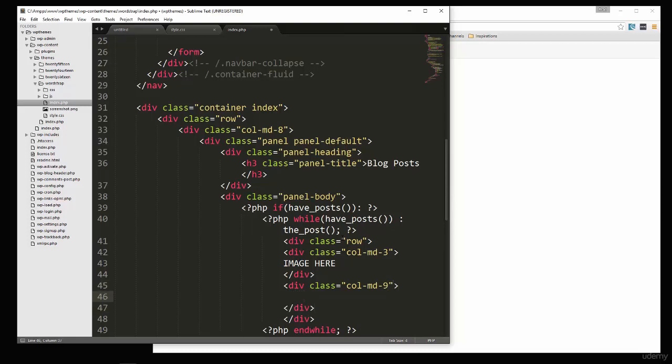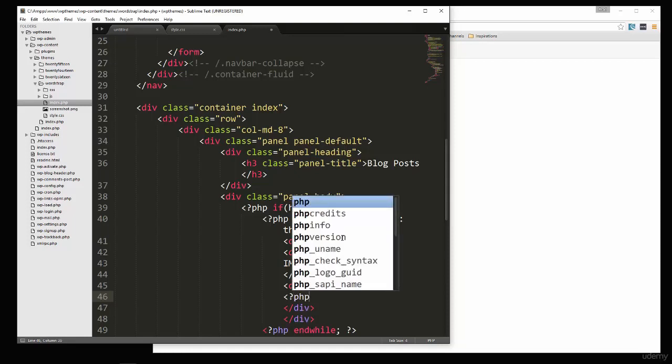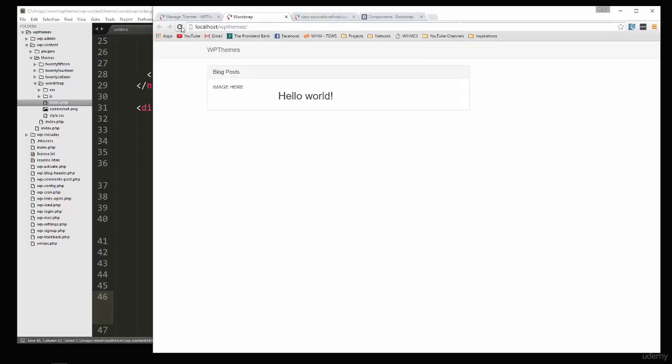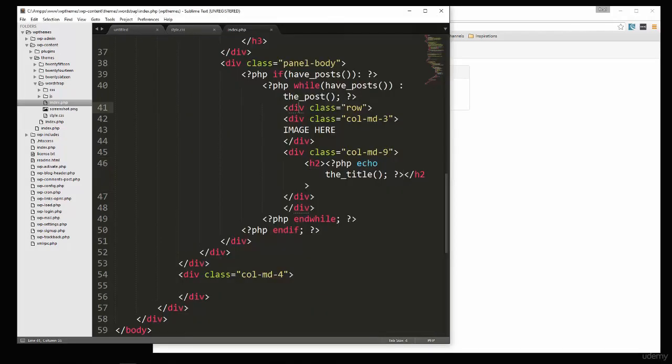And in here, let's put in the title. We can say PHP. Actually, we'll put this in an H2. PHP echo the underscore title. Alright, let's save that. Okay, so here you can see we have our 3-column div where the image will go, and then our 9-column with the content. So we'll get back to adding all the content there in a little bit, but let's continue on and add